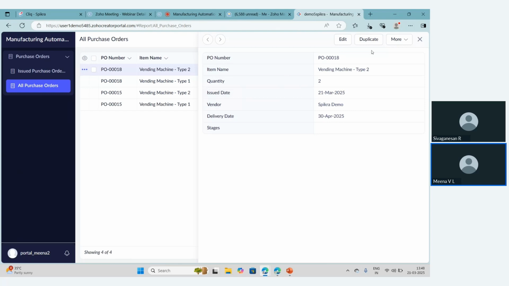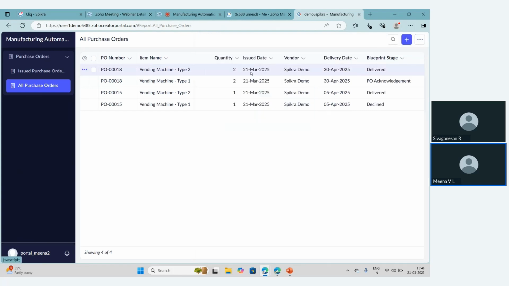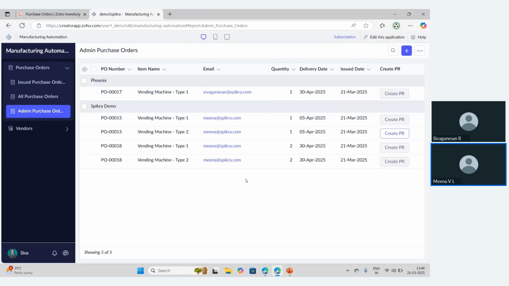Me as a customer, what will I do? So I have received the goods that you have delivered to me. Now, if you could see, there is a button enabled for me, which is create PR. Sorry, this is for PO 15. So let me show this for PO 18. So again here, because this is delivered to me, now I can create a purchase receipt, right? Because I have received the goods. Now I have to update my stocks, right?